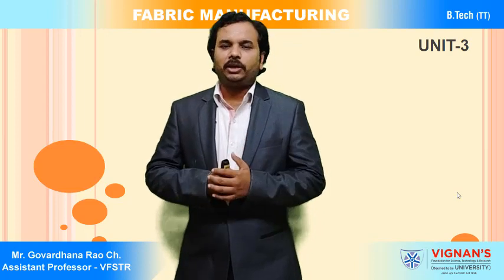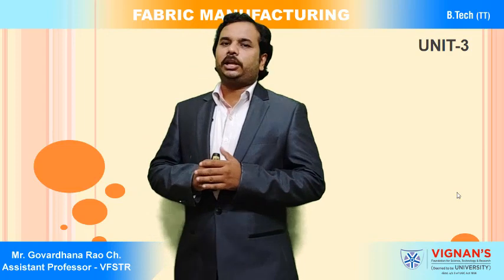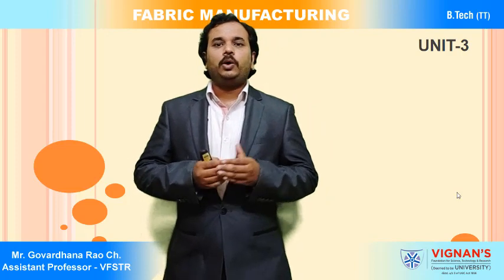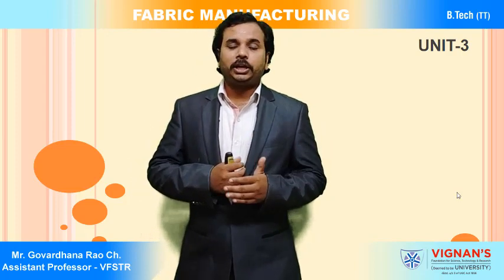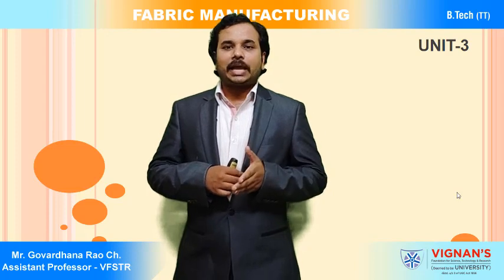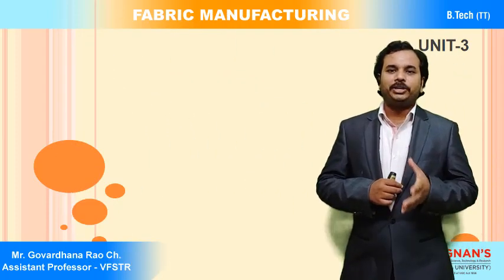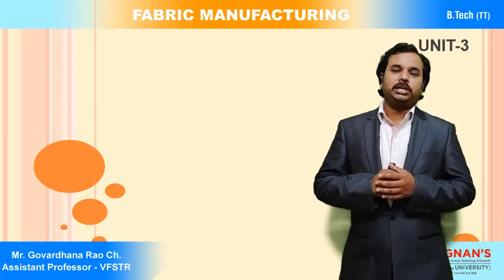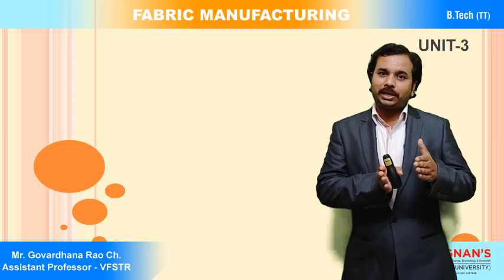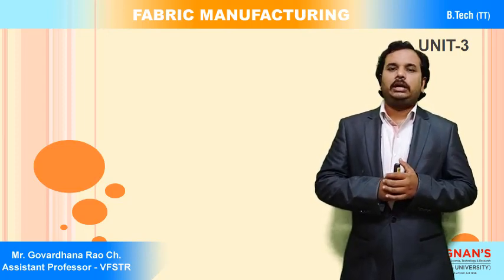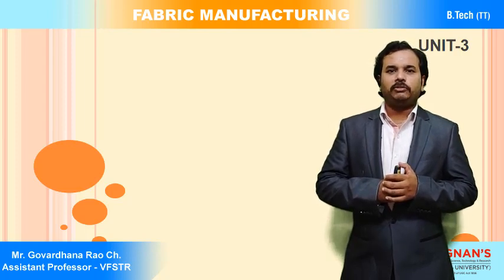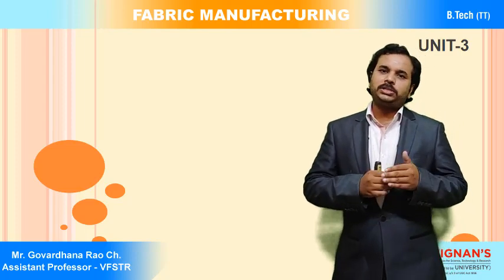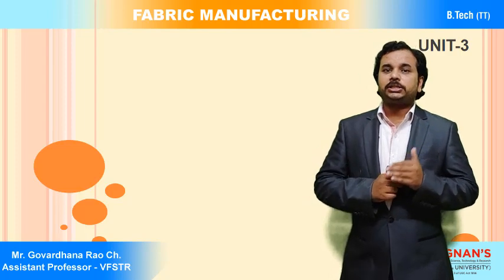After shedding, we saw what the different types of shedding mechanisms are in woven fabric manufacturing technology. Particularly, we discussed crank shedding, tappet shedding, dobby shedding and jacquard shedding. So we have seen all four of these categories as a brief about these four different shedding mechanisms in the weaving process.